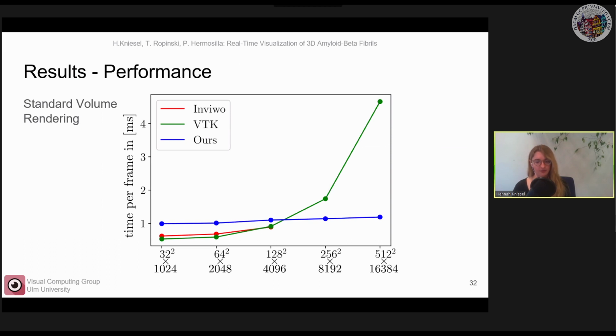Based on this little memory consumption, we are also able to outperform volume rendering regarding performance. So with performance, I here mean the time per frame in milliseconds. And here we compared our approach to, again, the VTK-based volume renderer and also a volume renderer which is based on the in vivo framework. And as you can see, the in vivo-based volume renderer is not even able to generate a volume which has more than those 4,096 slices. But the VTK volume renderer is able to do so. So it's able to render large volume renderings,